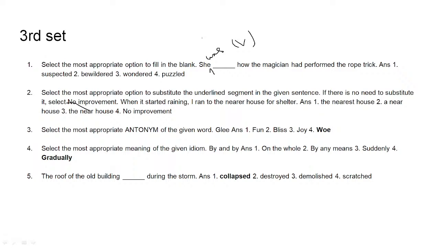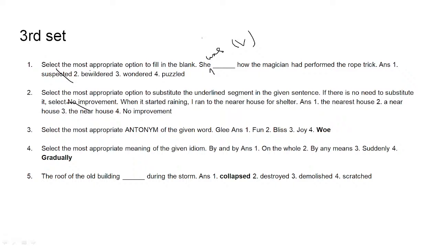First option is what? Suspected. Suspected is not related and appropriate in our sentence. Why? Suspected मतलब शक करना, but यहाँ पे शक करने वाली कोई बात नहीं है. So we can cut out this option. Okay, cut this option out. अच्छा, bewildered means what? Extremely confused. बहुत मतलब एकदम चकाचौंध रह जाना, चौंक जाना, मतलब बहुत कंफ्यूज हो जाना, अचानक से कुछ हो गया. So that leaves you bewildered.